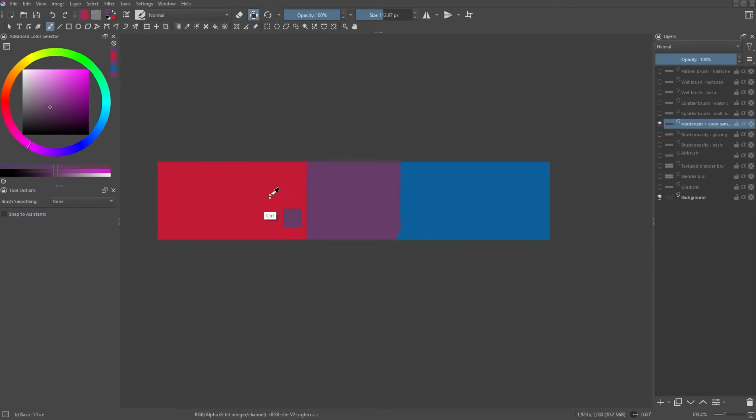You should note that the settings of this color sampler tool also affect the color sampling process when you use the brush tool. So we can hold Ctrl and click on this magenta color to get the mixed color again, and so on. If we want to choose the original color, that is, without any color mixing, we could change the blend setting back to 100%, but that would be inconvenient.